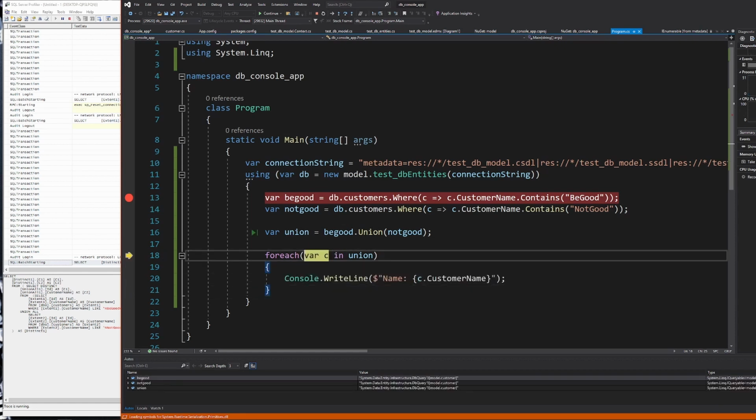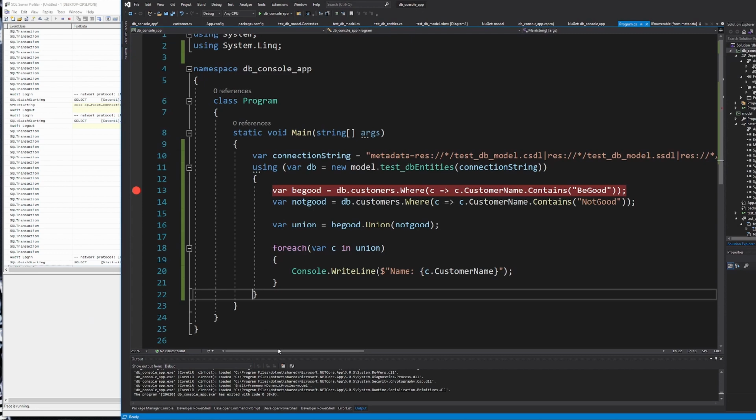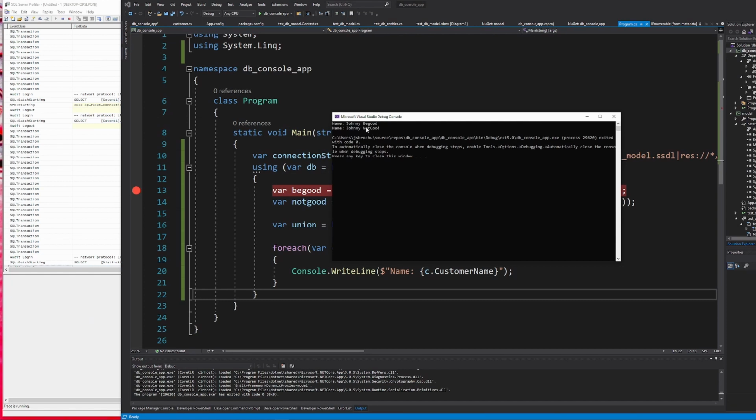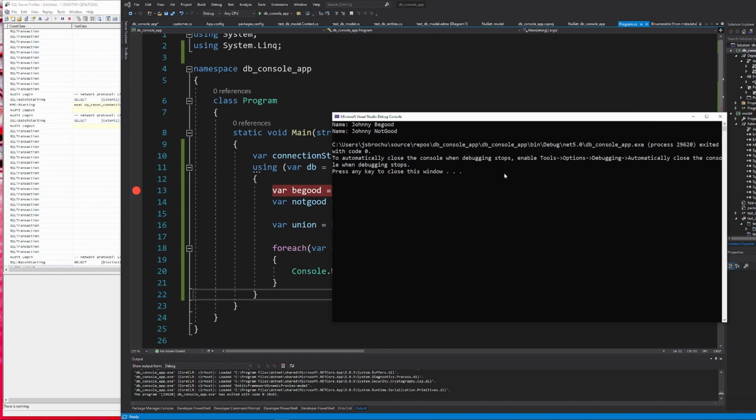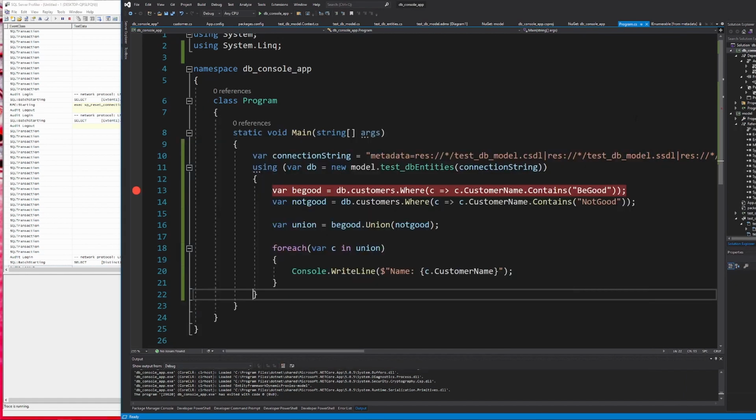And if I do this, see here one twice, continue, and you can see here, if I bring my console app here, Johnny be good, Johnny not good. It's a bit small. I put this here bigger, Johnny be good, Johnny not good. If I close this here,